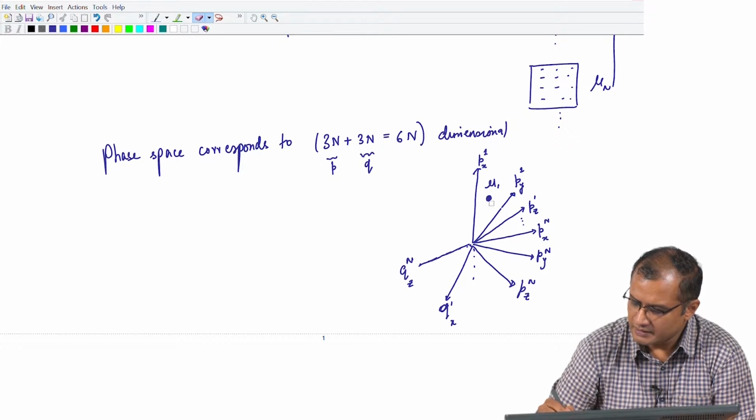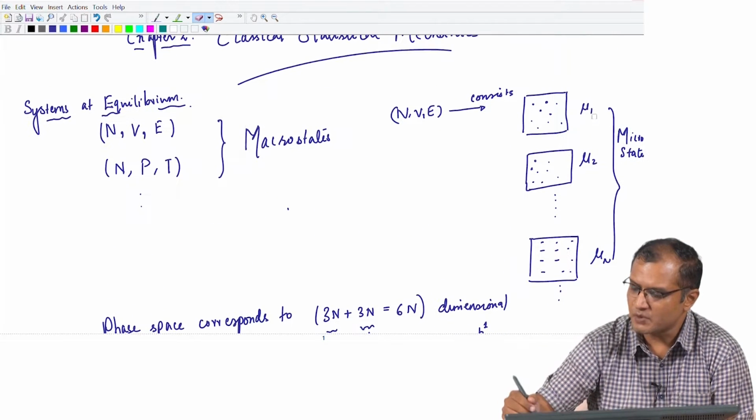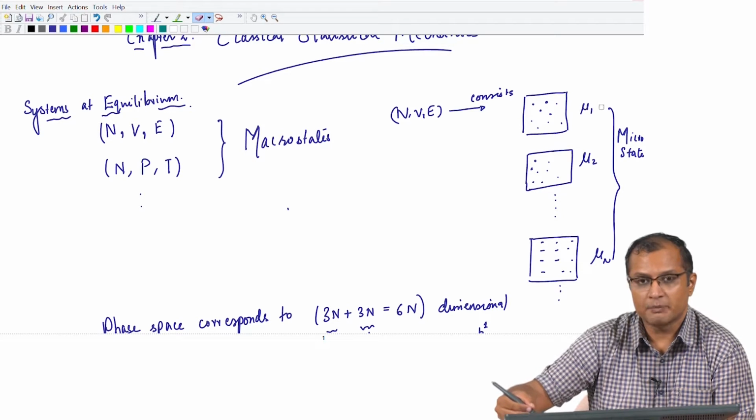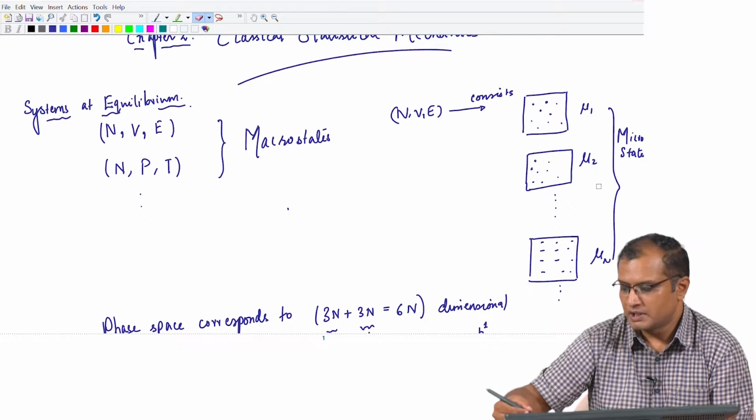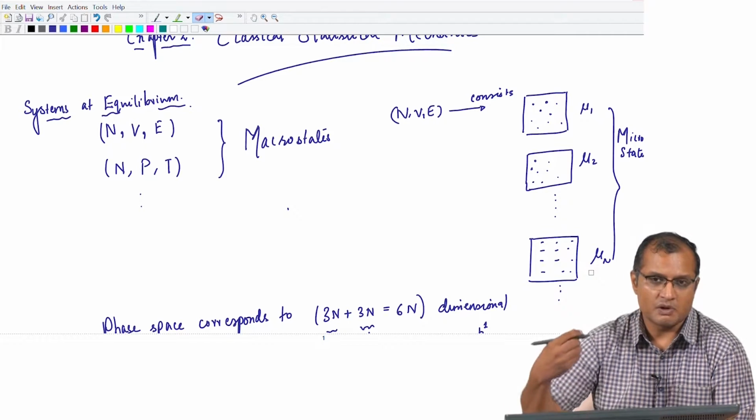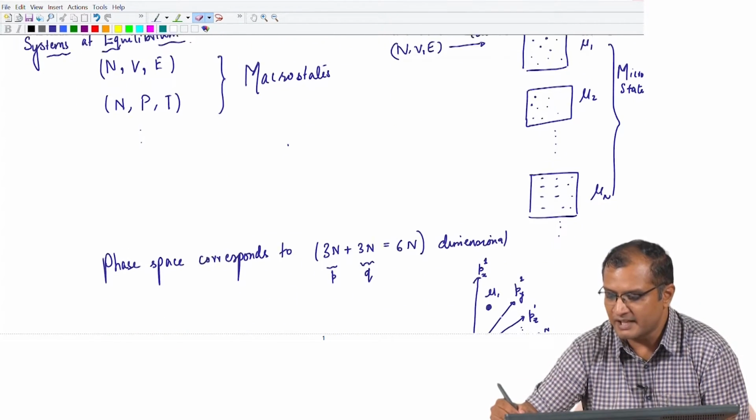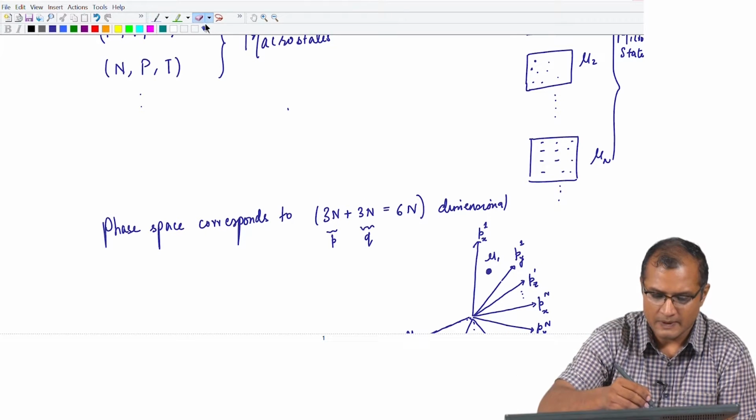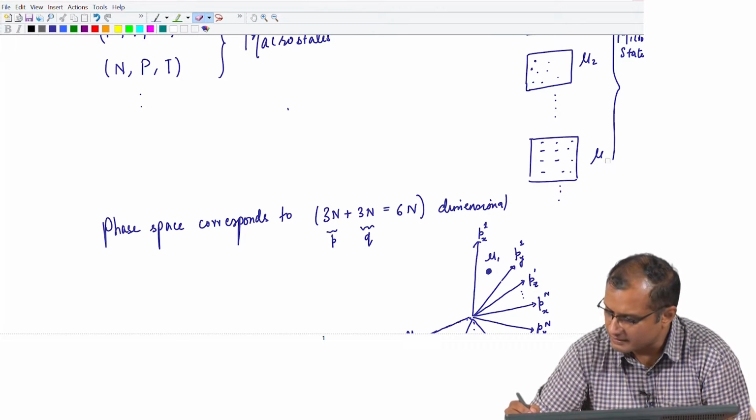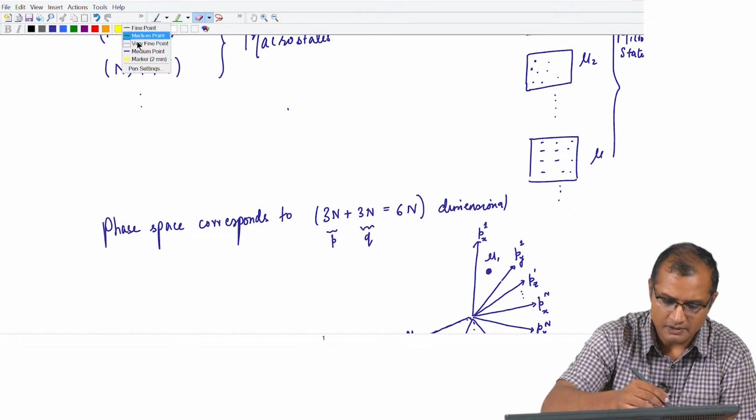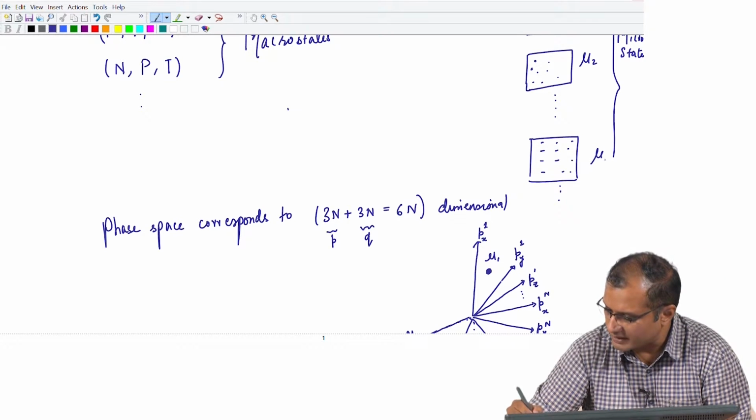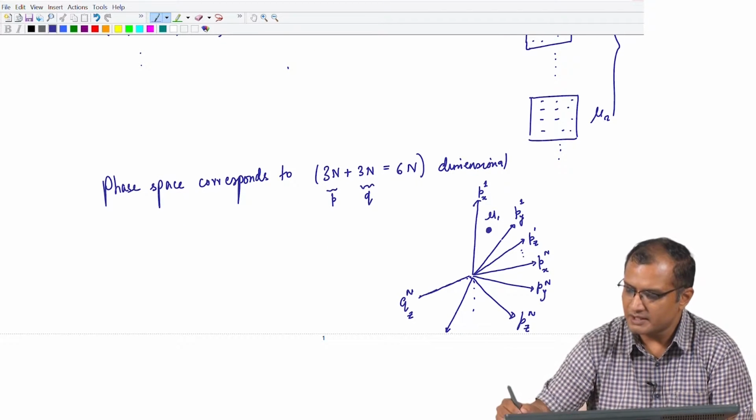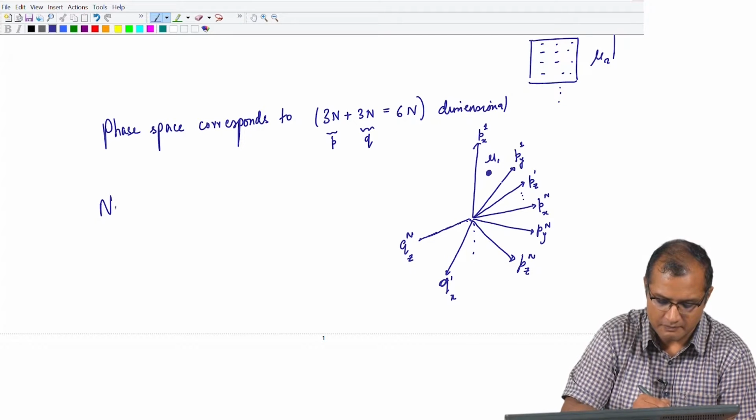And in the evolution of the system through these microstates, the system can go from microstate mu 1 to microstate mu 2 all the way to mu n. Clearly n is very large here, but n is not the number of particles. I should use a different symbol here, a small n, because capital N is reserved for the number of particles. So, I will use mu n. Clearly the number of microstates is large,